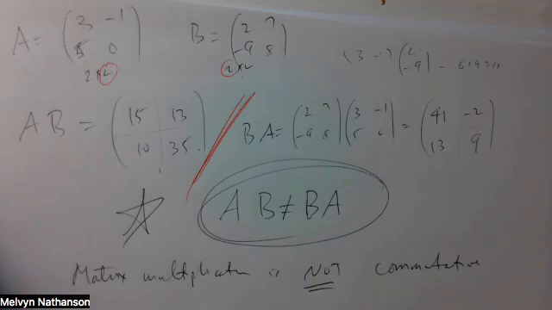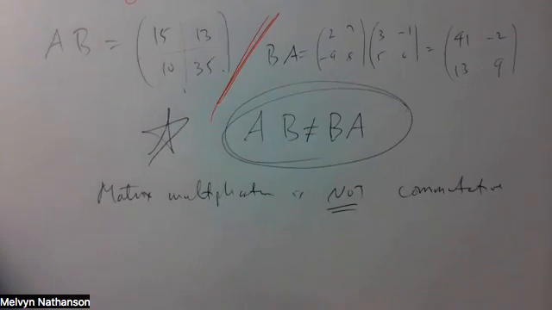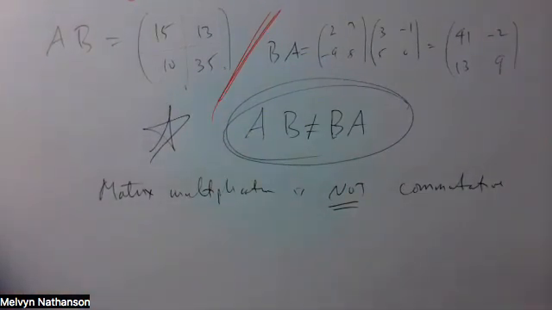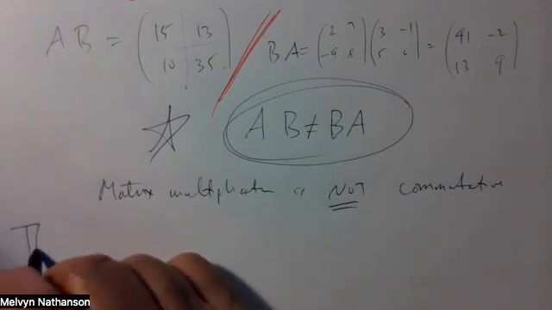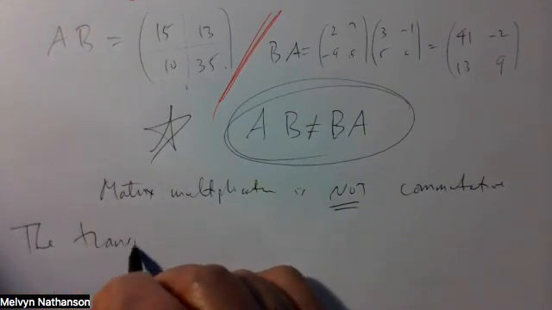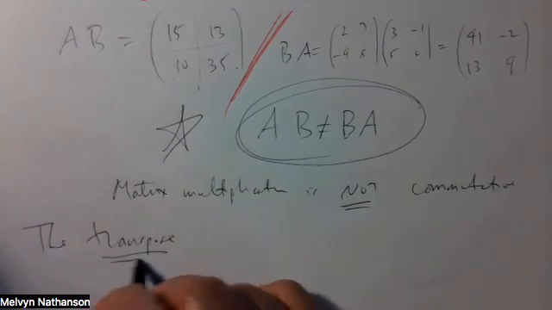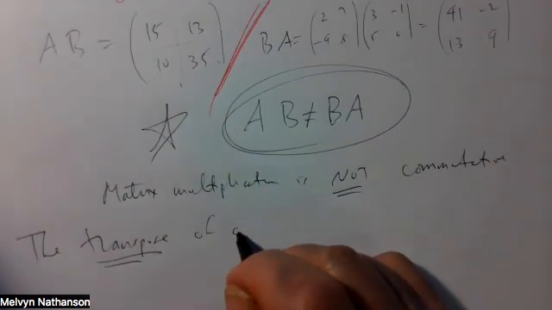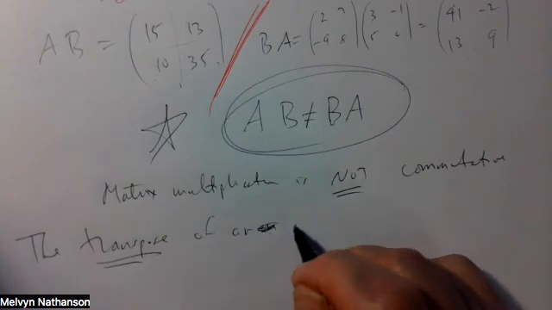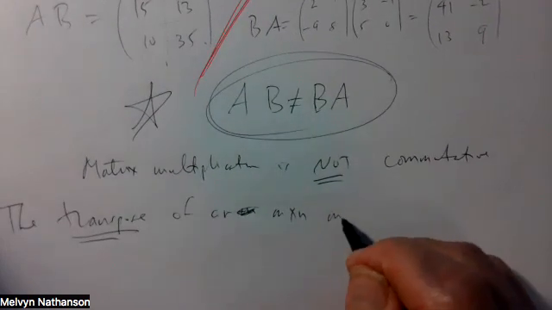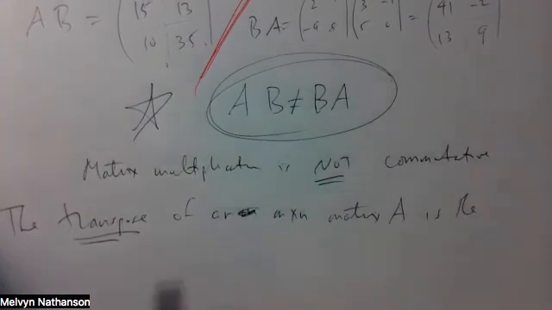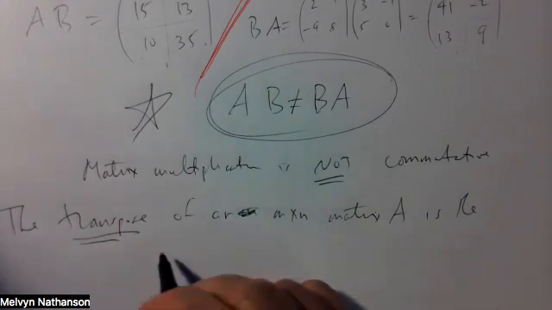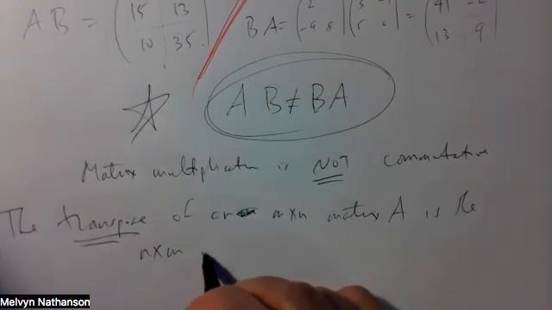I just want to add one other remark, which is useful. We'll see it later. There's an operation on a matrix called transposition. So the transpose of an M by N matrix A is the matrix, and instead of M rows and N columns, it's going to be reversed, an N by M matrix